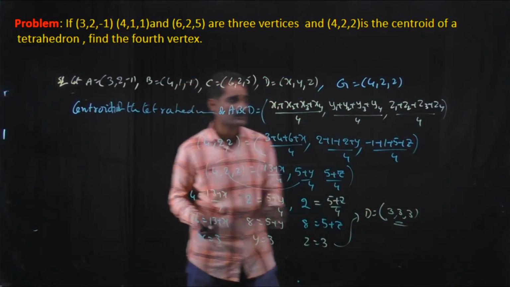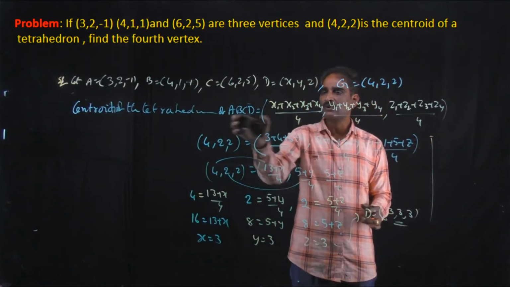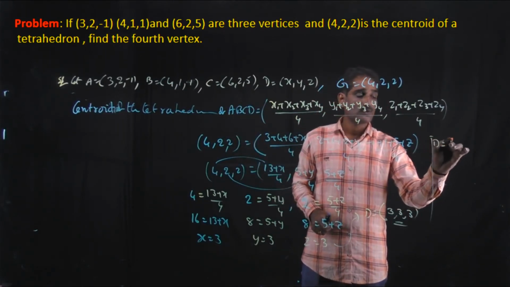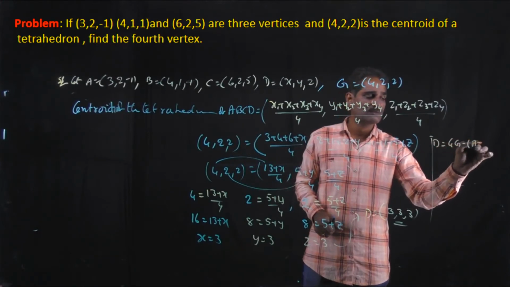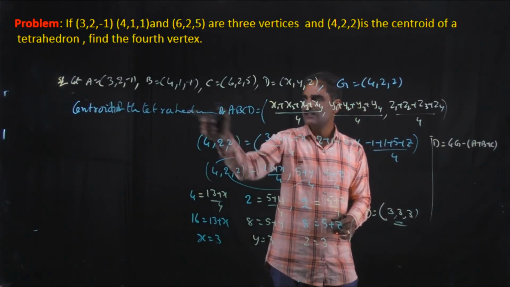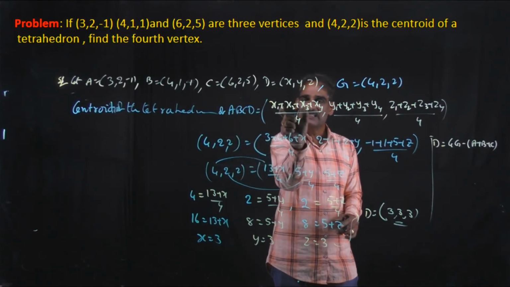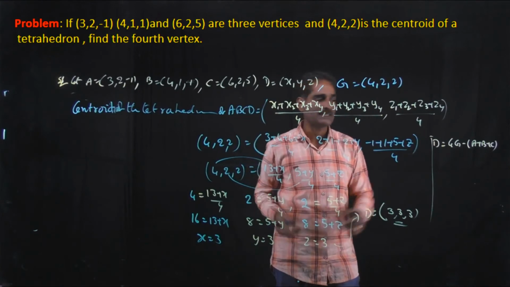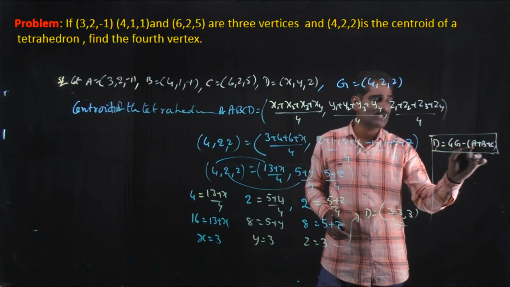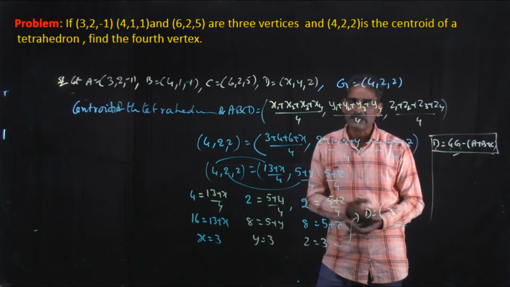So what is the shortcut formula? It is very easy. The coordinate of this point is equal to the centroid. That means the required point D is equal to 4g minus (a plus b plus c). That's it. 4 into g, this is g, the centroid of ABCD. Let us take g. So 4g minus this part gives D. The coordinates of the fourth vertex D is equal to 4 into centroid minus sum of the given points. So with the help of this formula, you can find out the required point within seconds.